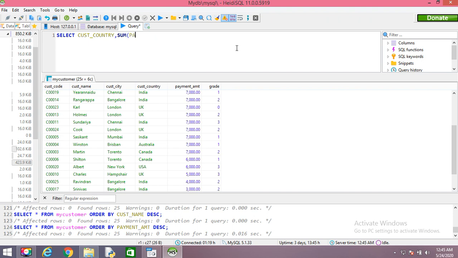So SUM of payment amount, inside the bracket write the name of the column, payment amount, and then write the table name: from my customer, group by customer country.